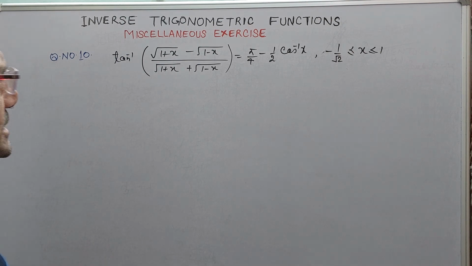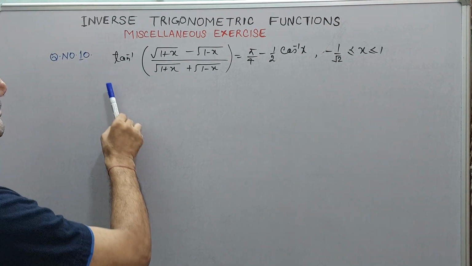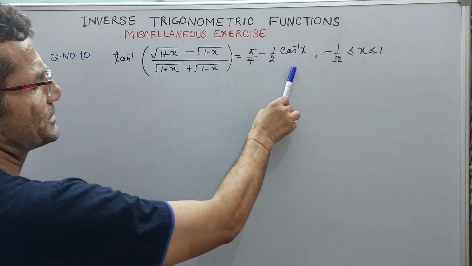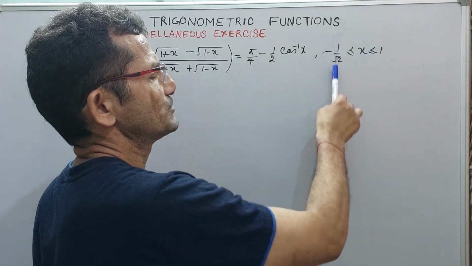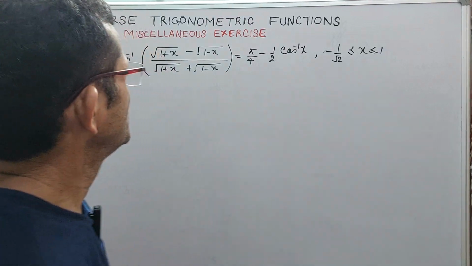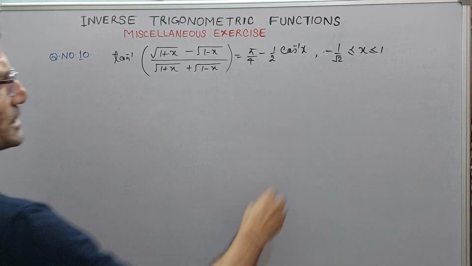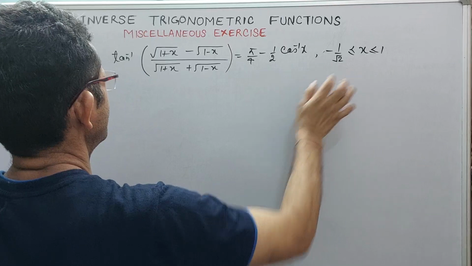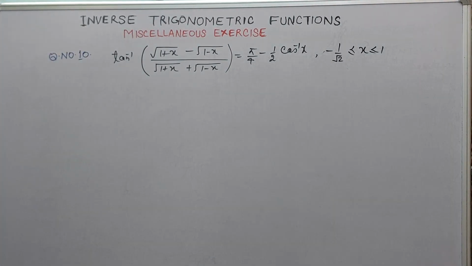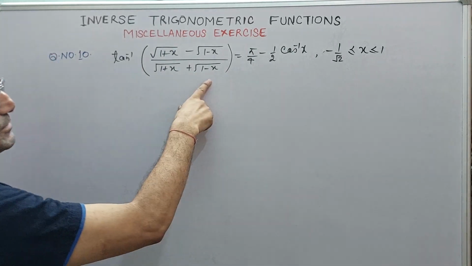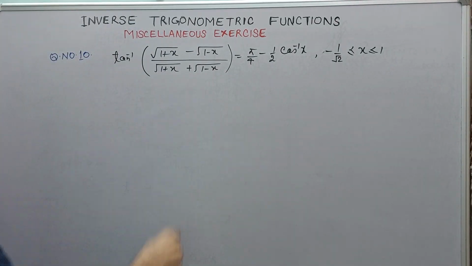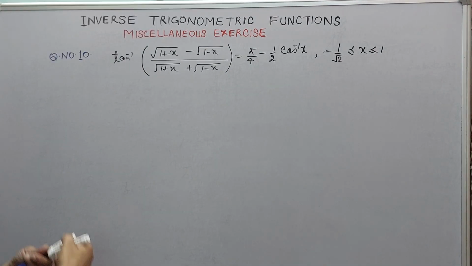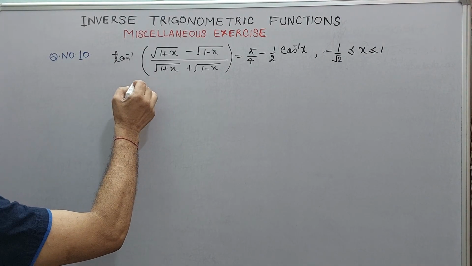In question number 10, we have to prove this expression is equal to this one under the conditions where x lies between minus 1 upon root 2 to 1. So we have to take these conditions into consideration. Now in that case, remember when there is 1 plus x, 1 minus x under a root, either you rationalize the denominators, or we can put x is equal to cos 2